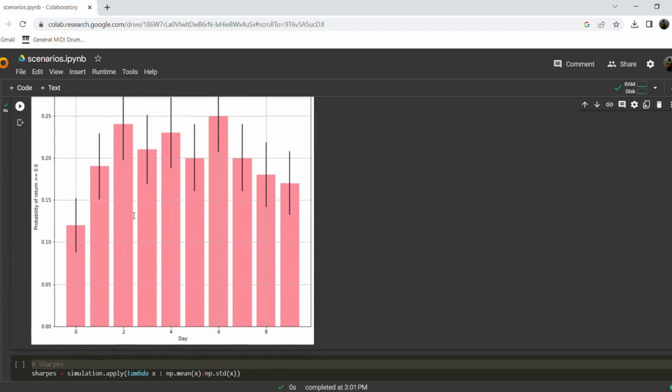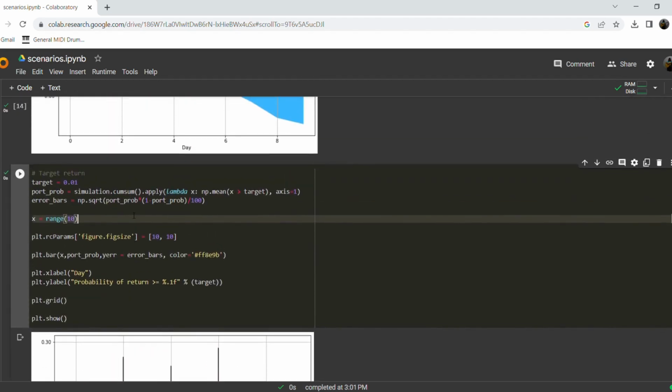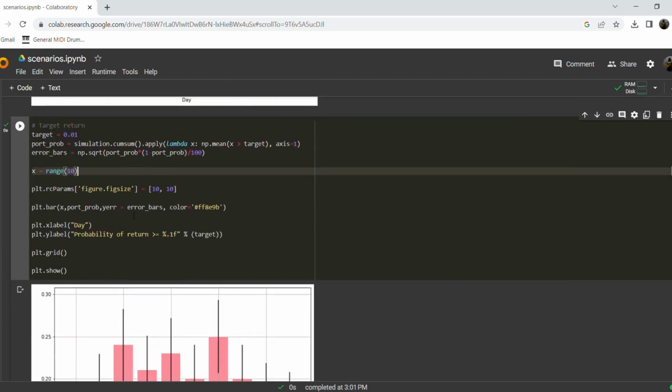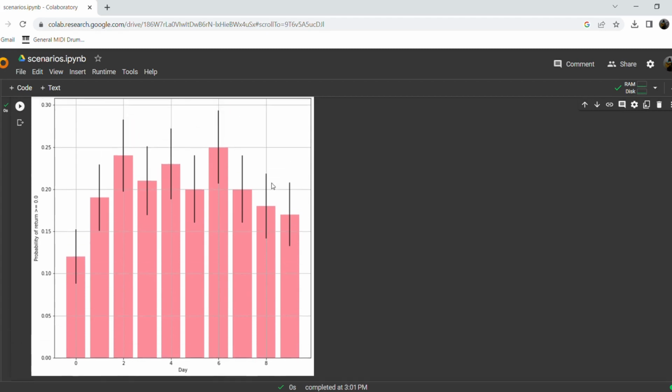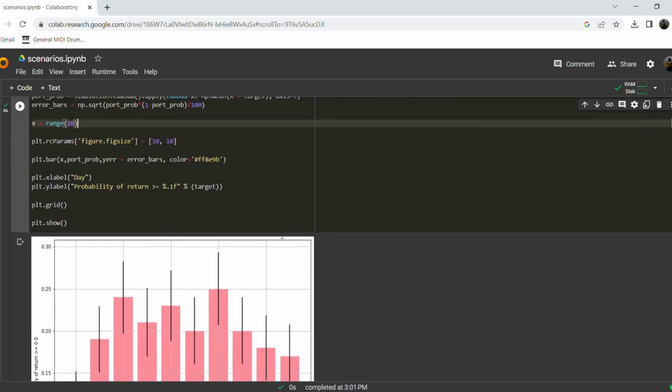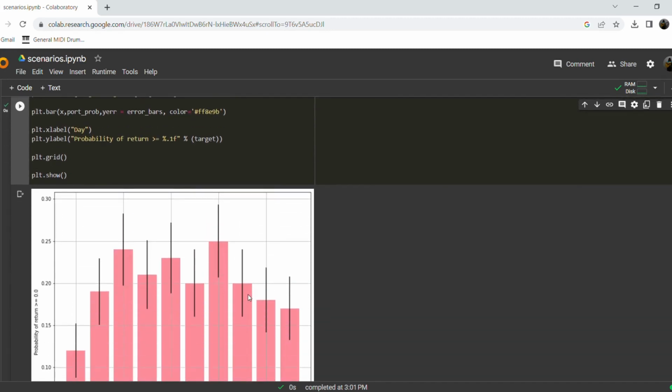Yeah, so here, for example, in day 8 the probability of outperforming the target of 1% is varying in these quantities,